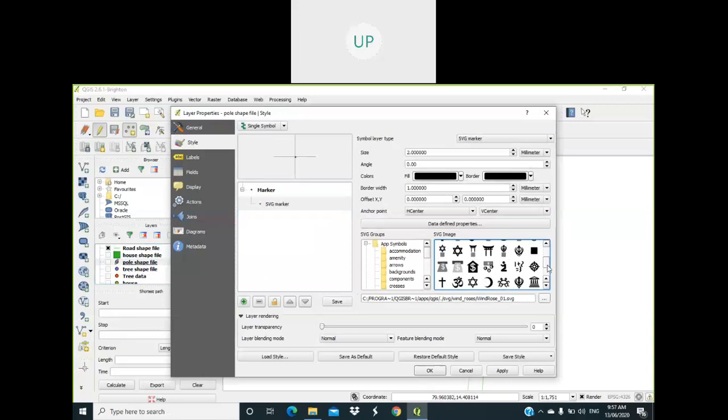So now we are giving a legend for that pole, that is a symbol. Here you can see the size, so we can increase the size and we can change the color also.